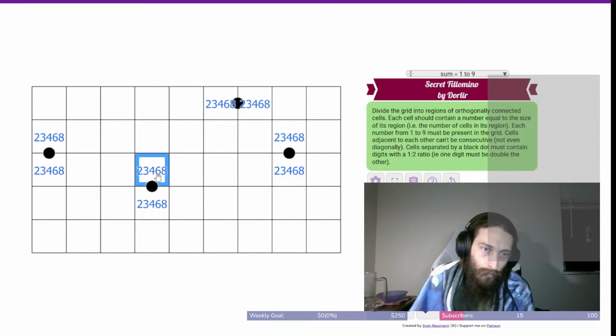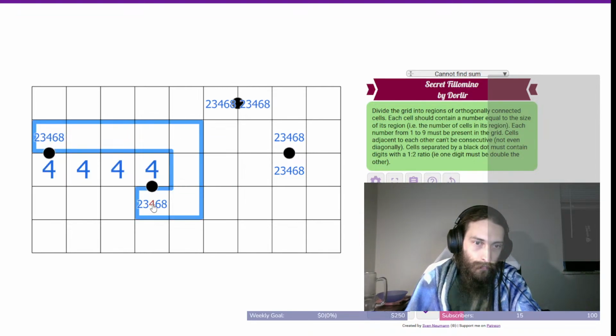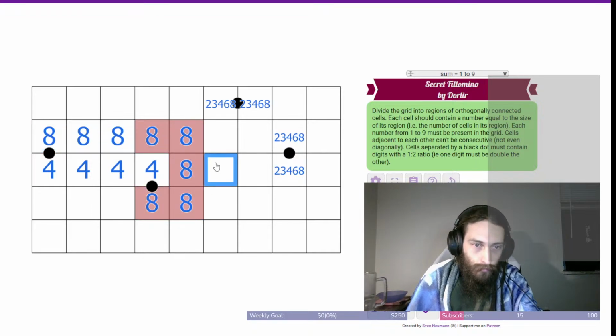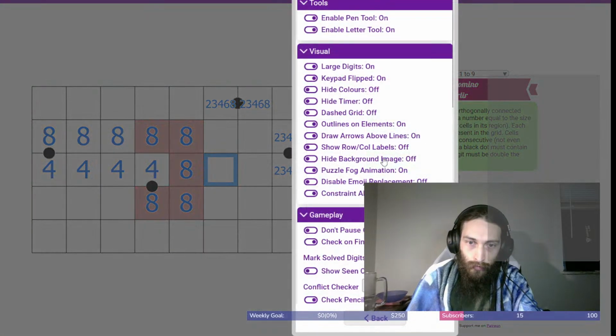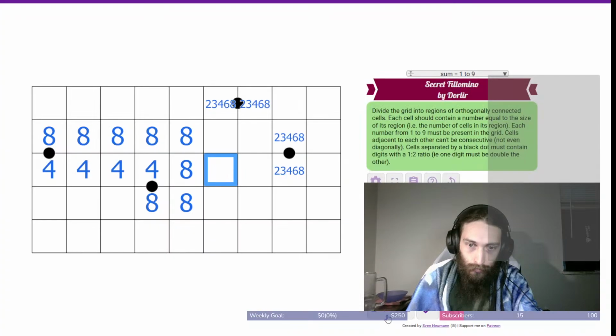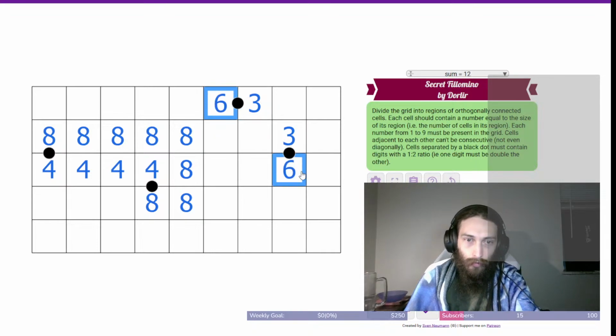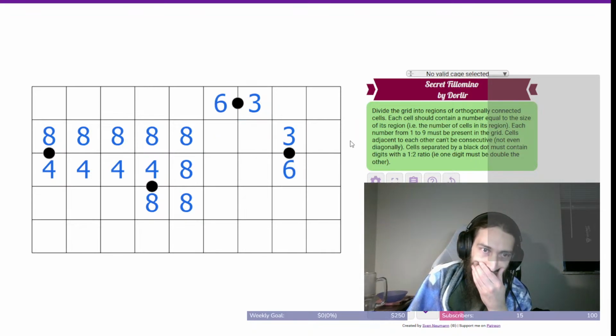So 4, 8, and 3, 6 are going to have to be duplicated. I'm going to turn off the conflict checker real quick. And I think these are 3s and 6s. I think that's the only way that works. I could be wrong, but